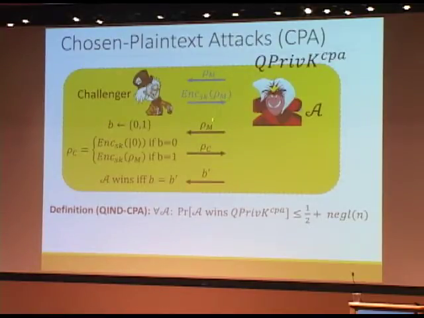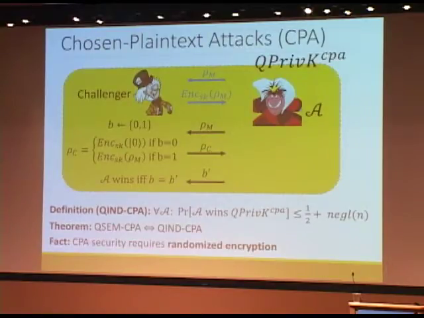Whenever during this game, before the final step, the adversary can ask some quantum states to be encrypted. And you can do this many times. You can even do it adaptively. You can do it before this challenge phase and after. And we call an encryption scheme secure if the probability to win that game is still upper bounded by 1/2 plus negligible. Now notice, what we are able to do is again upgrade the semantic security version to a CPA version as well, and they remain equivalent.